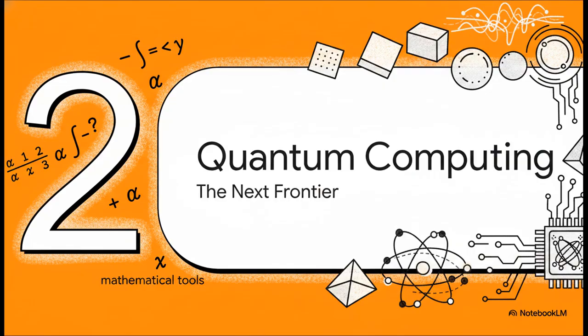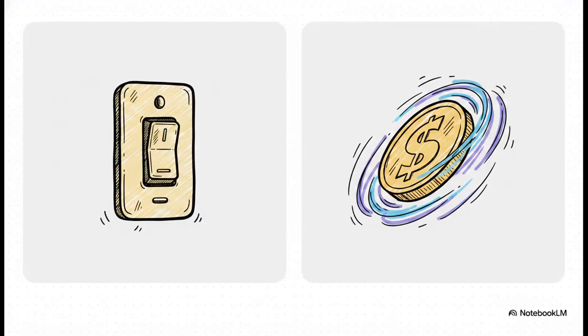Enter quantum computing. Okay, we've talked about the math on paper. Now let's talk about the physical hardware actually processing the universe's data. There is a profound gap between the tech you're using right now and the tech of the future. Classical computers, like your laptop or your smartphone, run on binary. They process information using bits that are strictly in a state of 0 or a state of 1. It's a simple, deterministic switch.